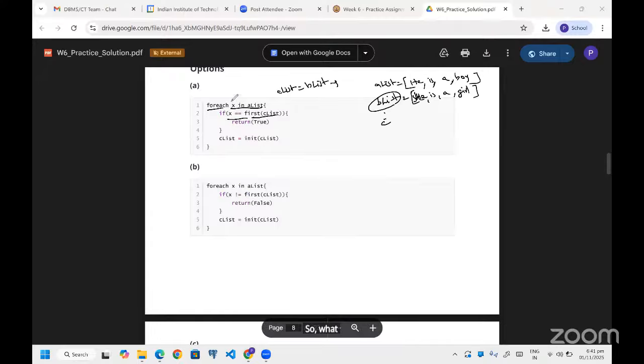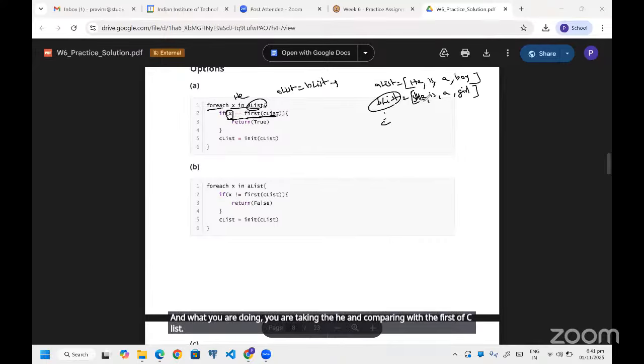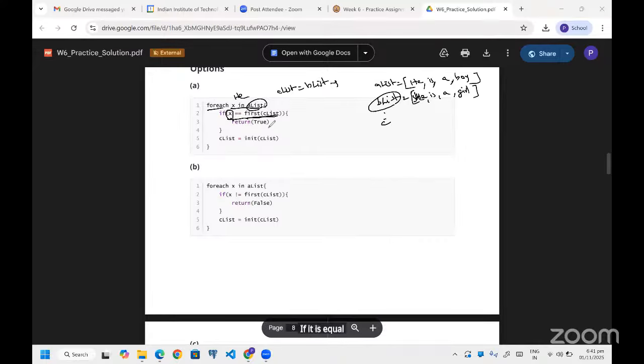So what we are doing is iterating through the A list one by one. Let's first take he, and you are comparing that he with the first of C list. If it is equal, you are returning true, right? Is it correct? No, we have to go through the other words also. By just using the first word, we shouldn't return true, right?